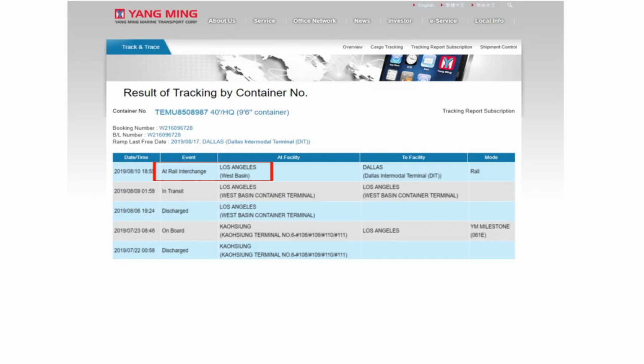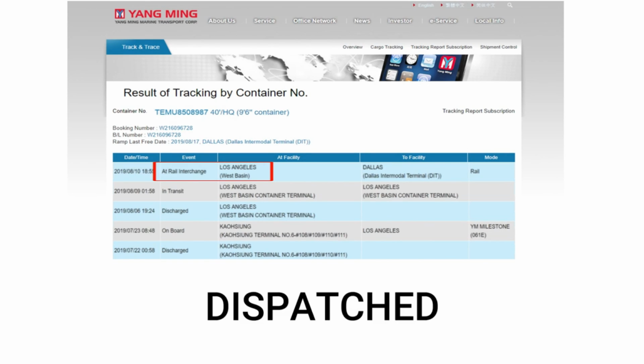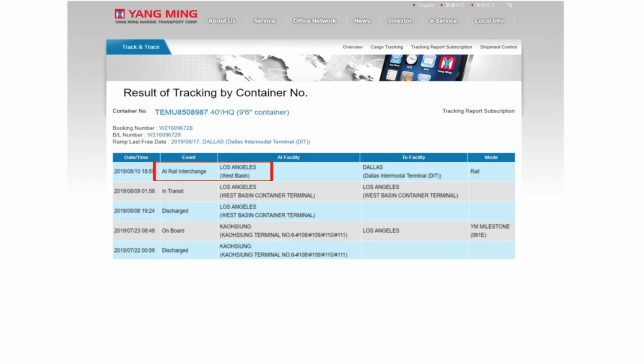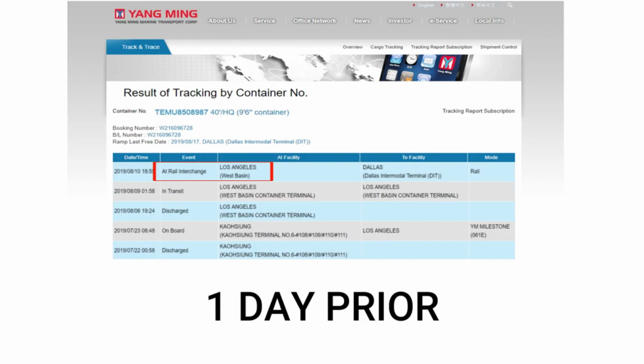Section 5. Finally, once the containers have arrived at your local rail terminal and are ready to be delivered, Receiving Designee will need to update shipment stage status to Dispatched. This will also update the warehouse activity report. When dispatching a container, you may only dispatch containers 1 day prior to actual delivery, with the exception of a Monday delivery. If said container is due to deliver on a Monday, then it is okay to dispatch it the